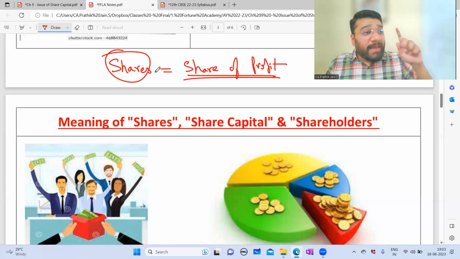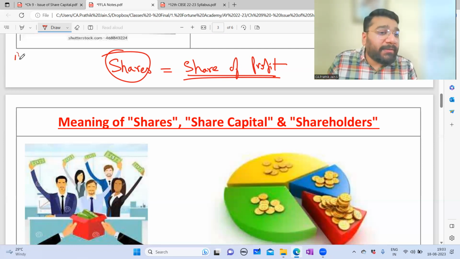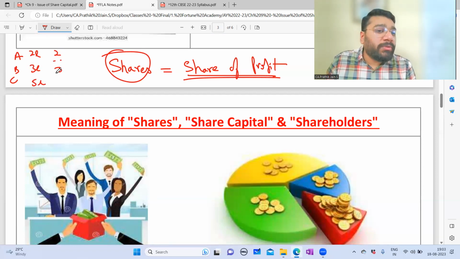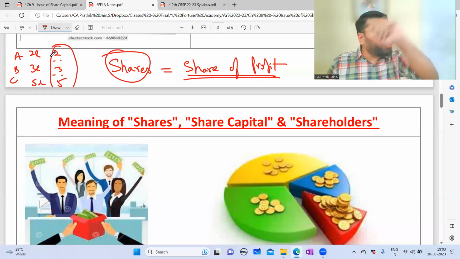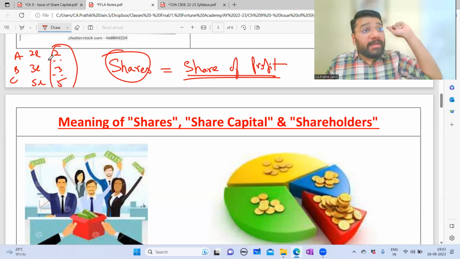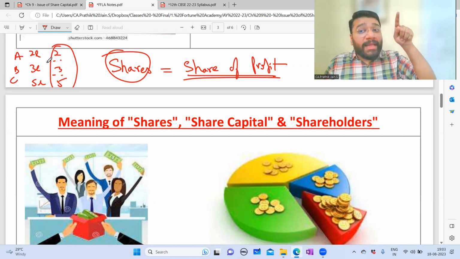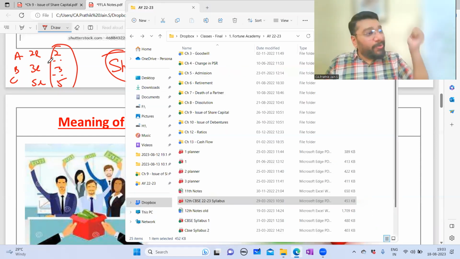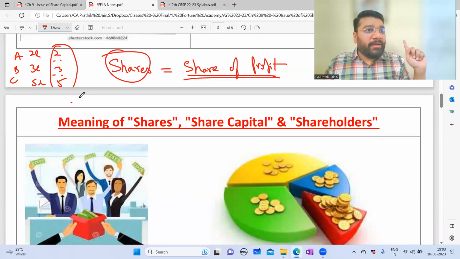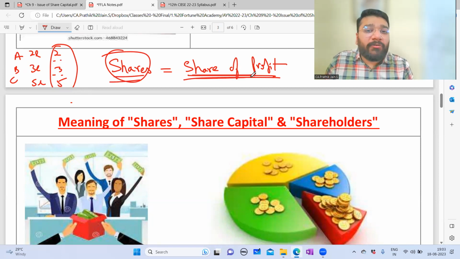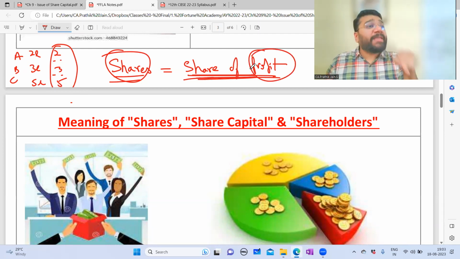We've seen a lot of questions where the capital contribution is different. For example, A, B, C are 3 partners who contributed 2 lakh, 3 lakh and 5 lakh. So what is the ratio? 2:3:5. This is the capital contribution ratio. It is not necessary that the profit sharing ratio is the same, because in a partnership concern the profit sharing ratio is determined based on hard work. Whoever works harder gets more share of profit. So here, shares mean share of profit only. In companies, too, shares mean share of profit, but the share of profit is calculated based on the amount of capital that you contribute.